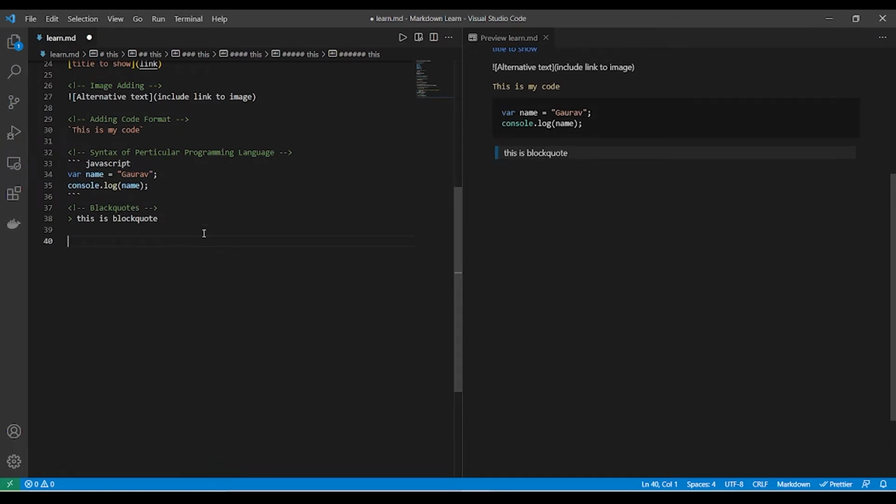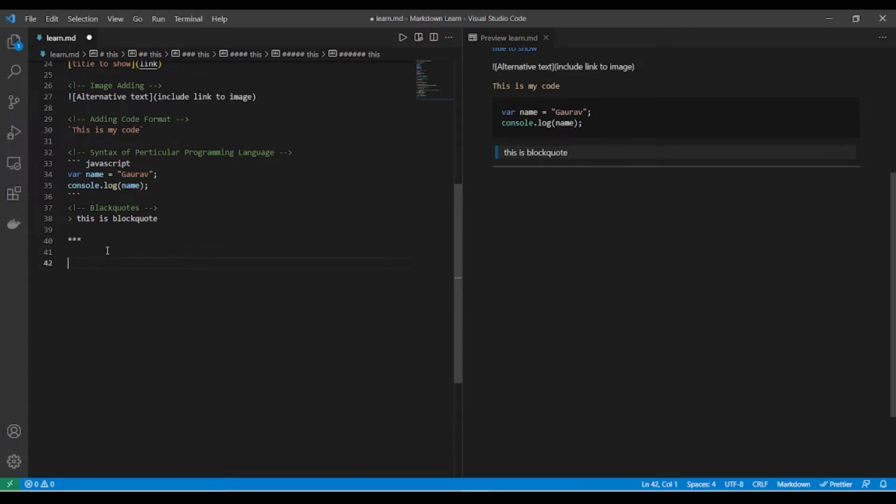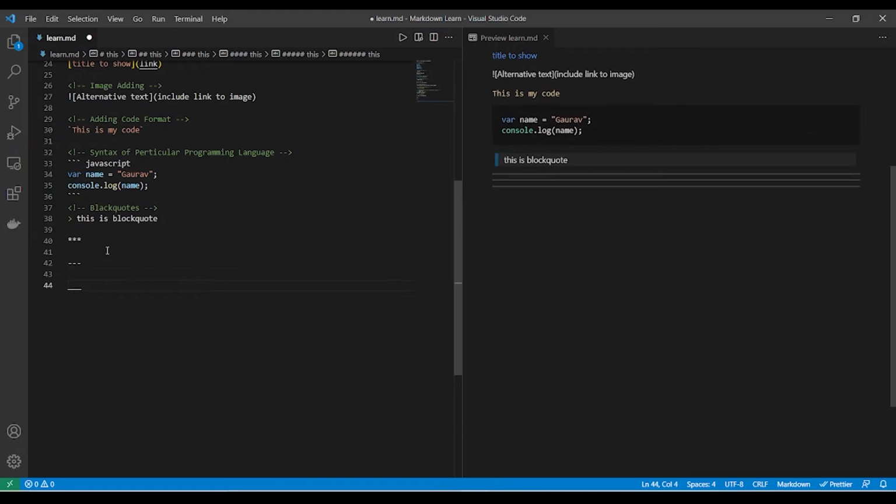Okay, so now let's move further to add a horizontal line. To add a horizontal line, we usually use this. You can see after adding this, a horizontal line appears, or we usually use a triple dash, or we can even use three underscores.